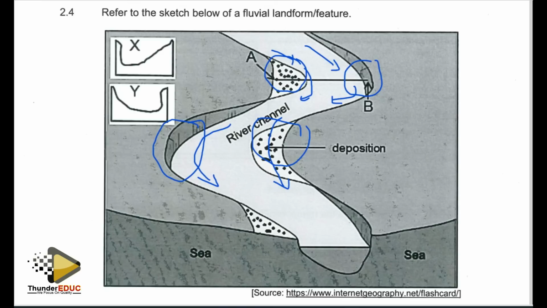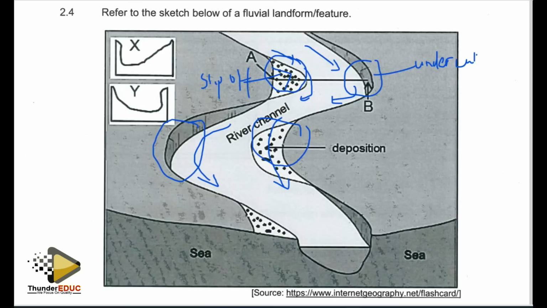So this is what we call the outer bend, the outer part of the bend, which we call geographically the undercut. It's called the undercut of the meander, and this is called the slip off. It's called the slip off slope of the bend here. Right. These are the two parts of the meander that we are going to look at.